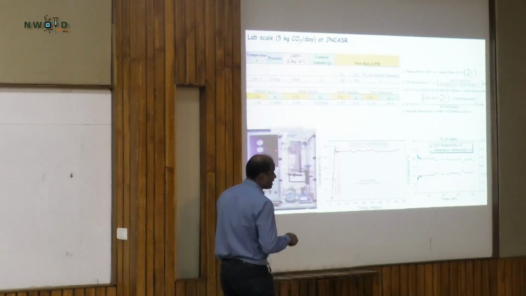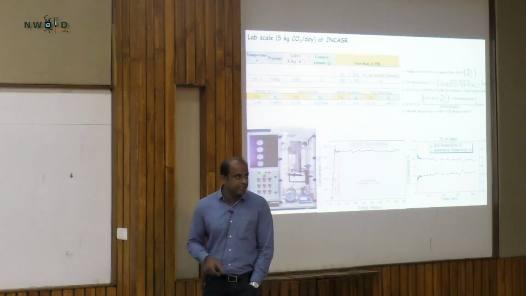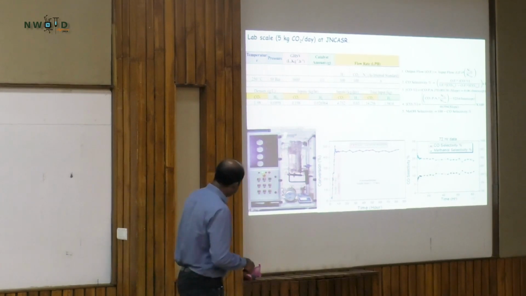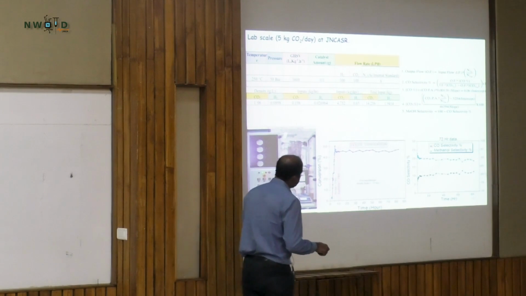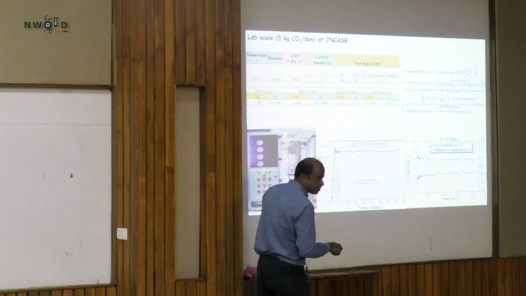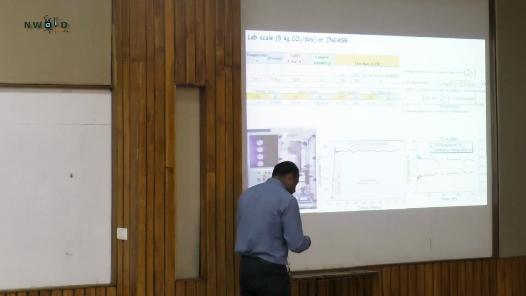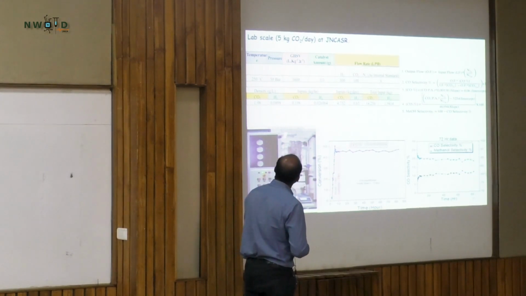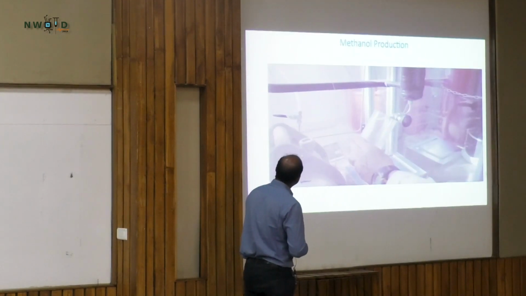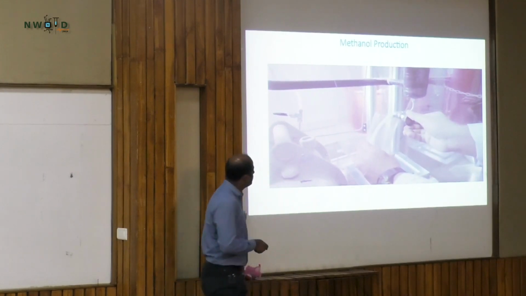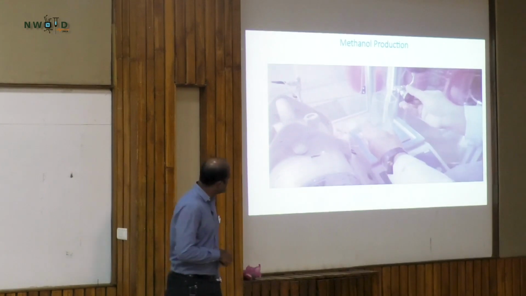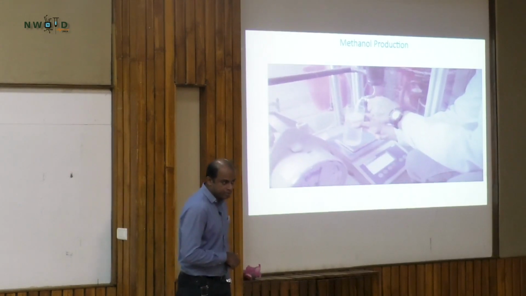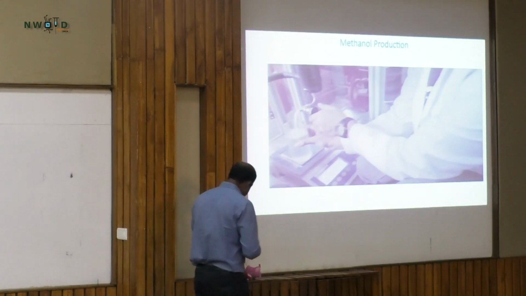So we have designed the reactor by using the knowledge of chemical engineering and the various reaction steps involved. We got 45% conversion with a selectivity towards methanol of 90%. This is by far much better than the best non-copper zinc aluminum catalyst. We have converted 5 kilograms of CO2 in a day, and this is 2 hours of reactions. You are getting 90% purity methanol, and